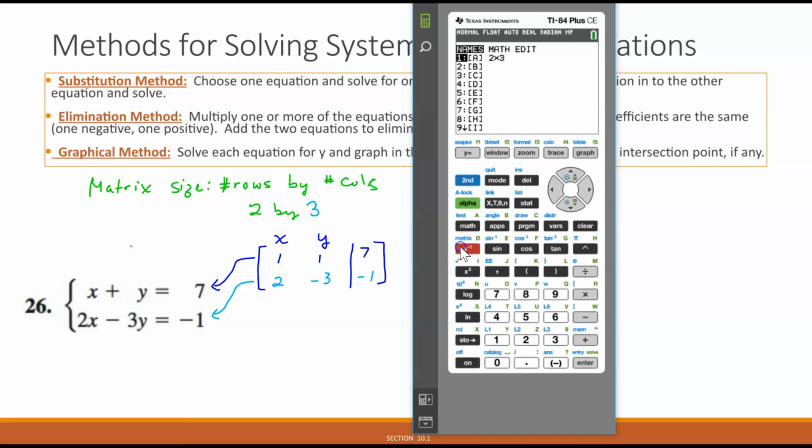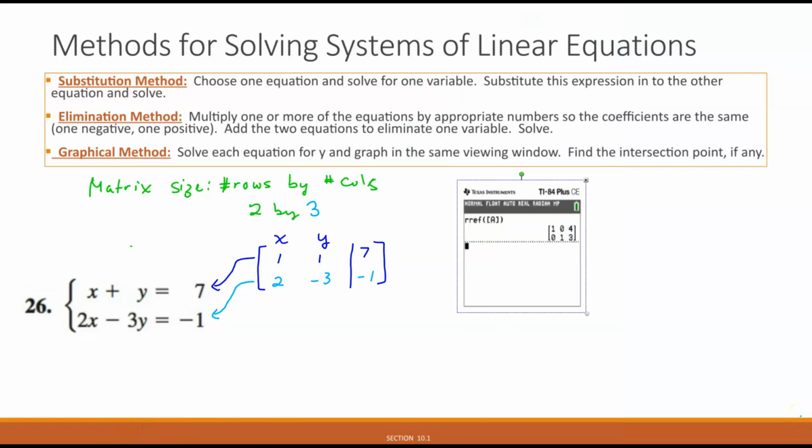We're going to go second matrix, then arrow over to math, and up arrow until we see RREF, and your book describes what RREF means: row reduced echelon form. Okay, we want to RREF matrix A. Matrix A was where we stored this problem's information. We hit enter, and there's our solution. Okay, so by using our RREF feature, what we found is we have